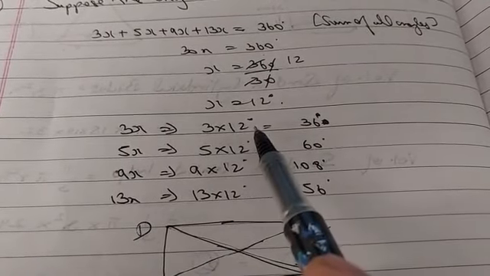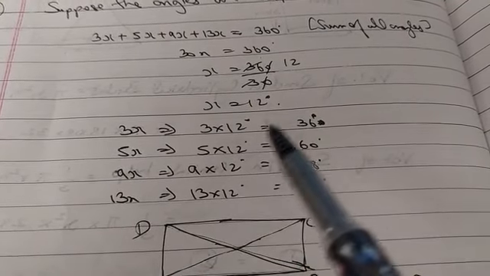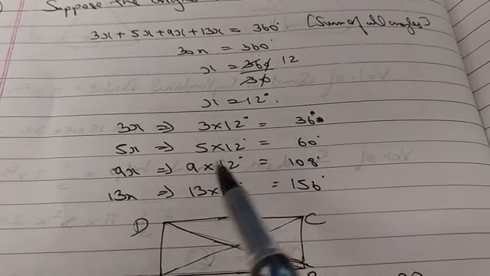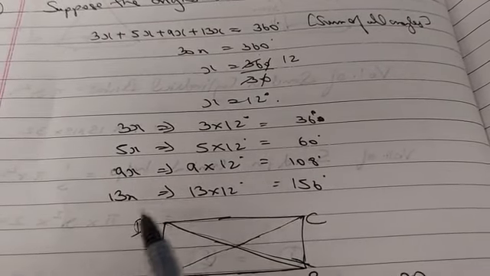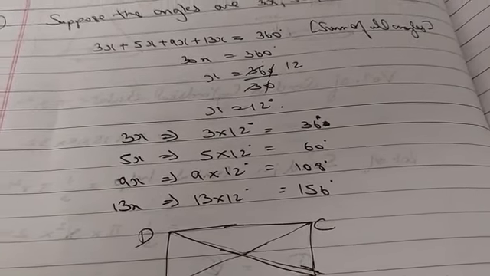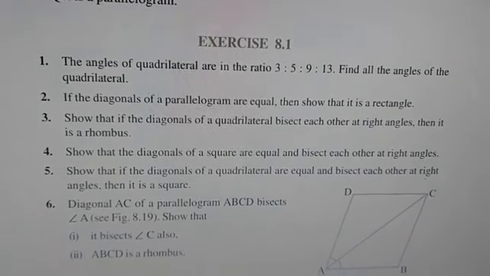Now I have to find 3x, 5x, 9x and 13x. So 3 into 12, because the x value is 12, so 3 into 12 is 36 degrees, the first angle. 5 into 12 is 60 degrees, the second angle. 9 into 12 is 108, the third angle, and 13 into 12 is 156, the fourth angle. Now question number two is: if the diagonals of a parallelogram are equal,